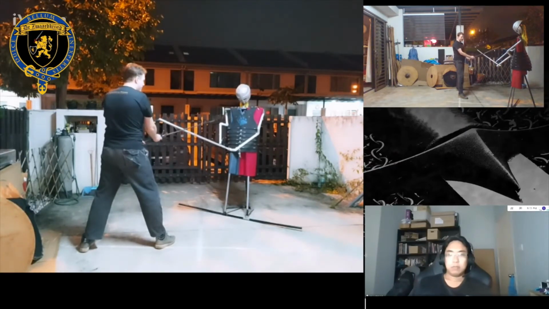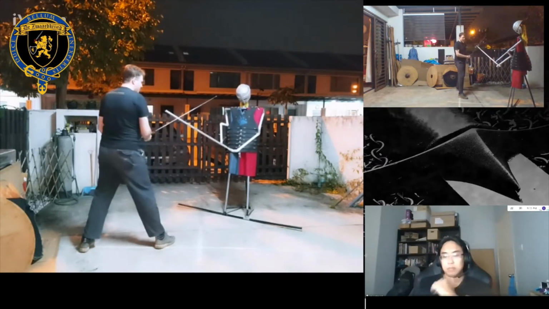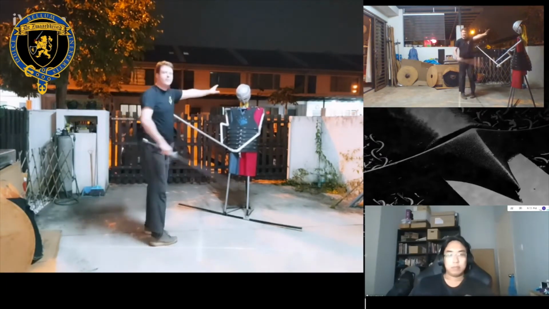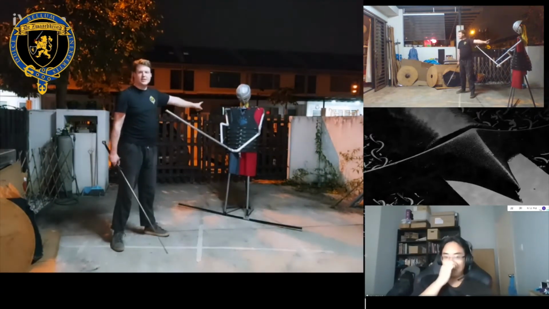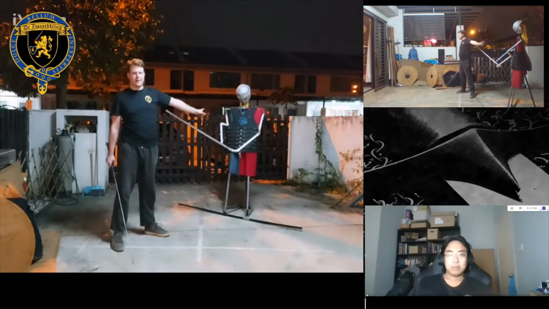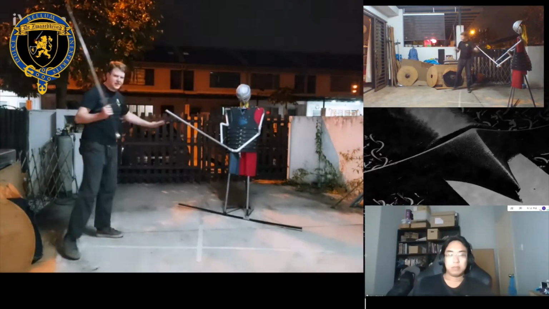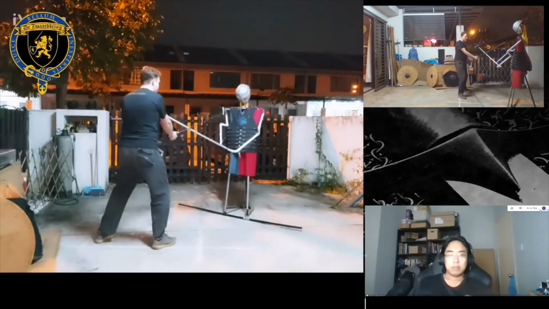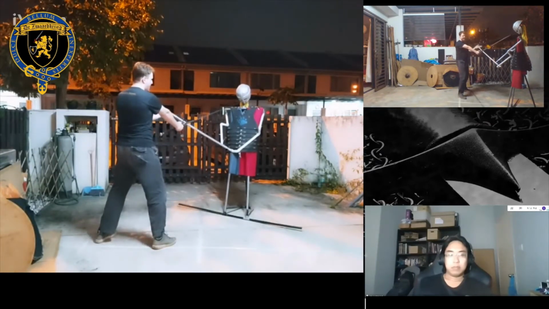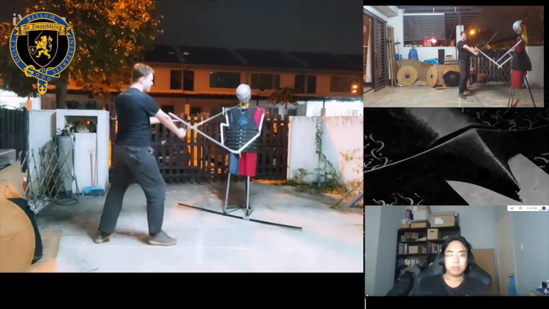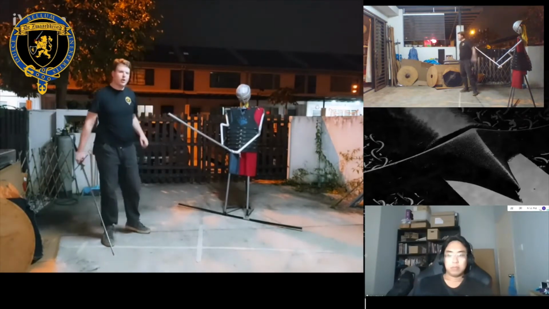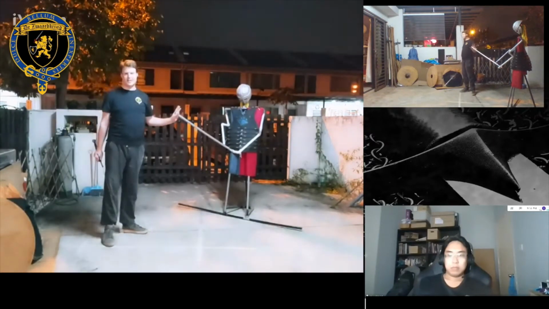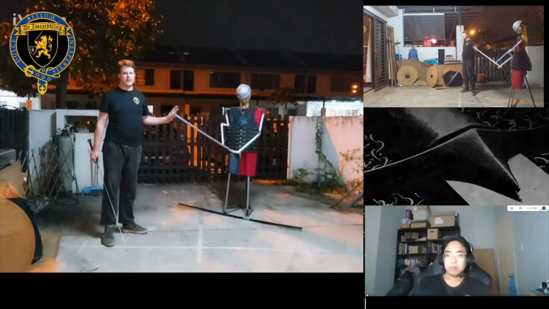If I thrust from my arms, right, I place all momentum forward. All that effort I put into cutting his sword aside with my first cut is not there anymore, because all my momentum is forward, which means that my enemy only needs to, even if he has a very small leverage, even if his tip is at my strong, he only needs this very small amount of force to push me aside. That's really easy, because